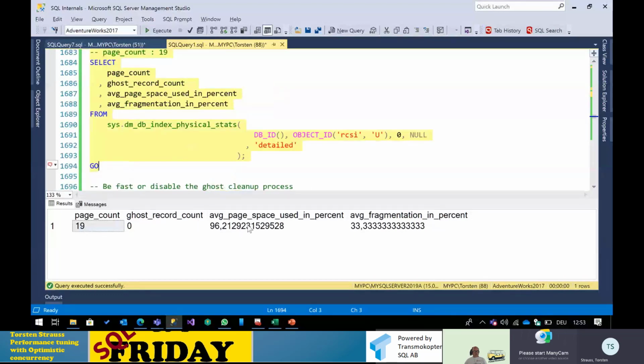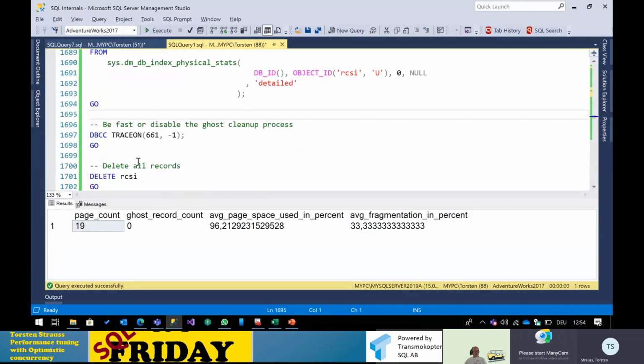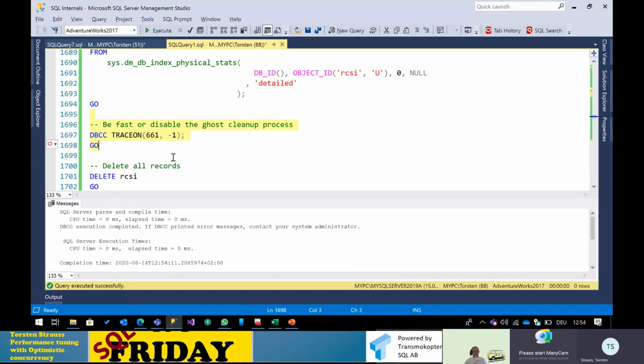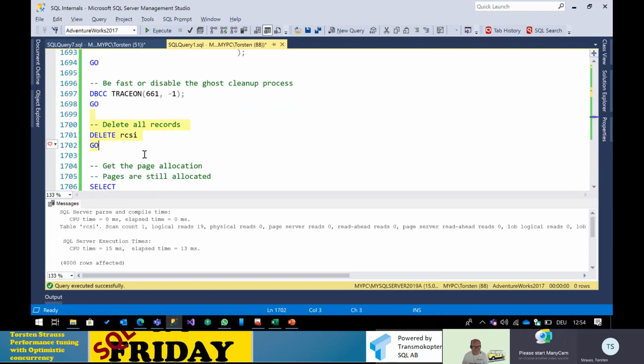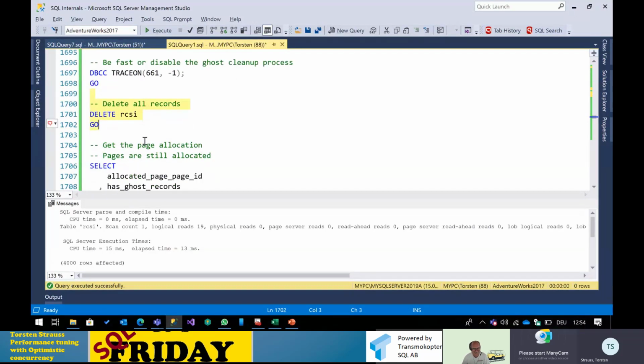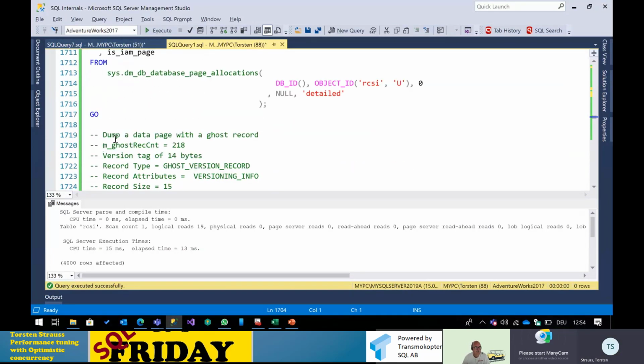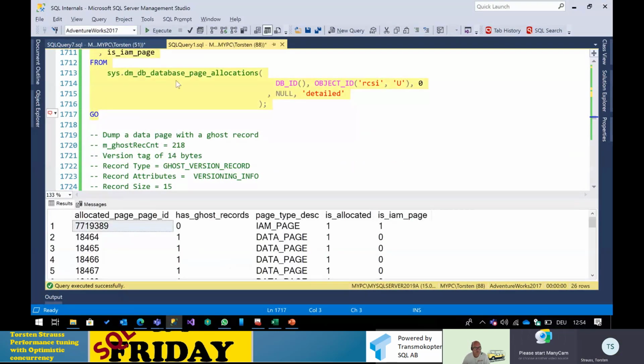But for sure, we have a logical and a physical fragmentation. We do not have any kind of ghost record, and we have 19 pages, not a lot, but we have. We will disable the ghost cleanup process, which is never ever a good idea in production, but for demonstration. There's a trace flag. Good thing: enable the trace flag and leave the company or go on holiday, so your colleagues will have a lot of fun. So we delete all the records,